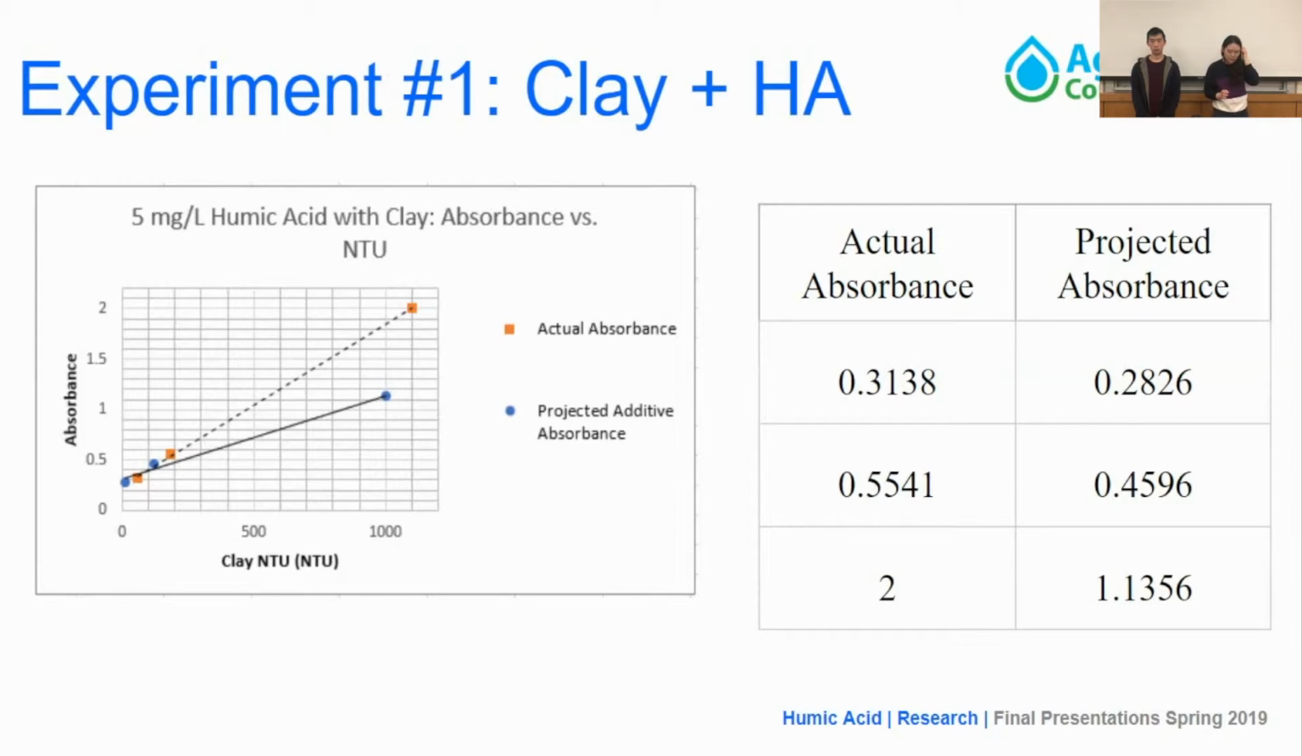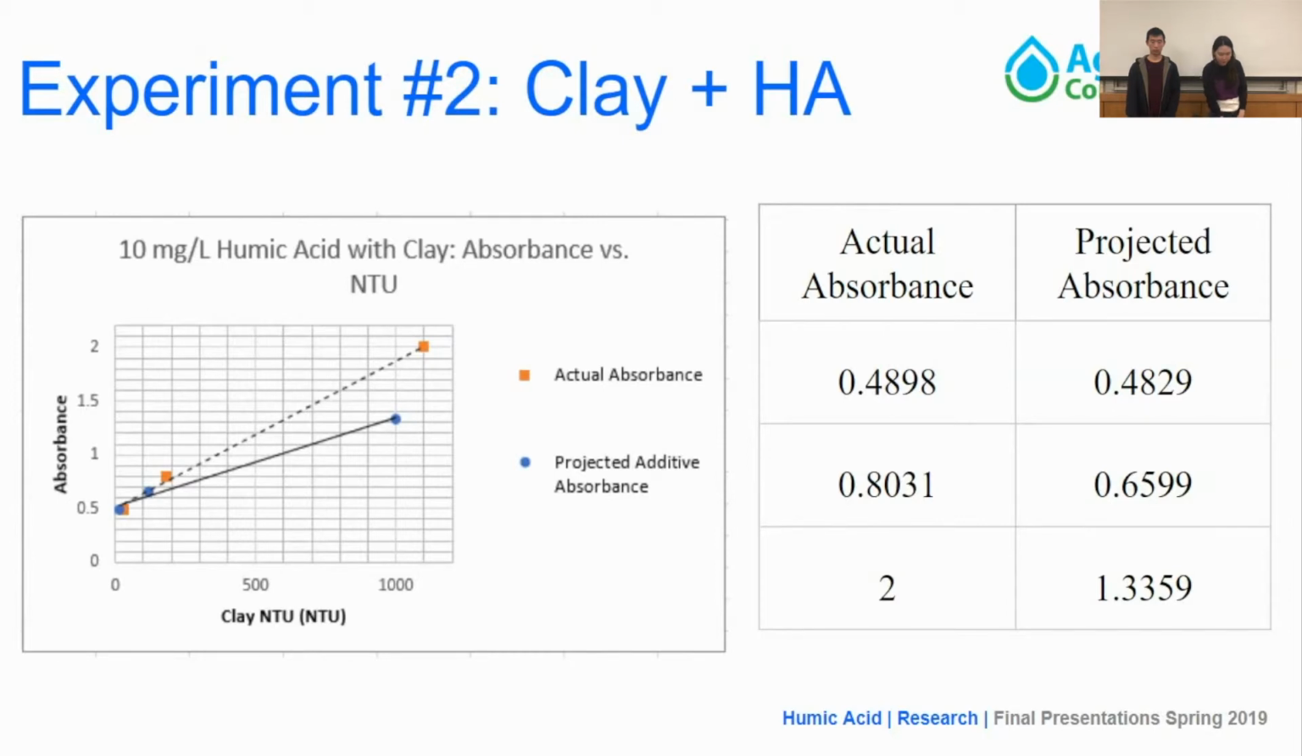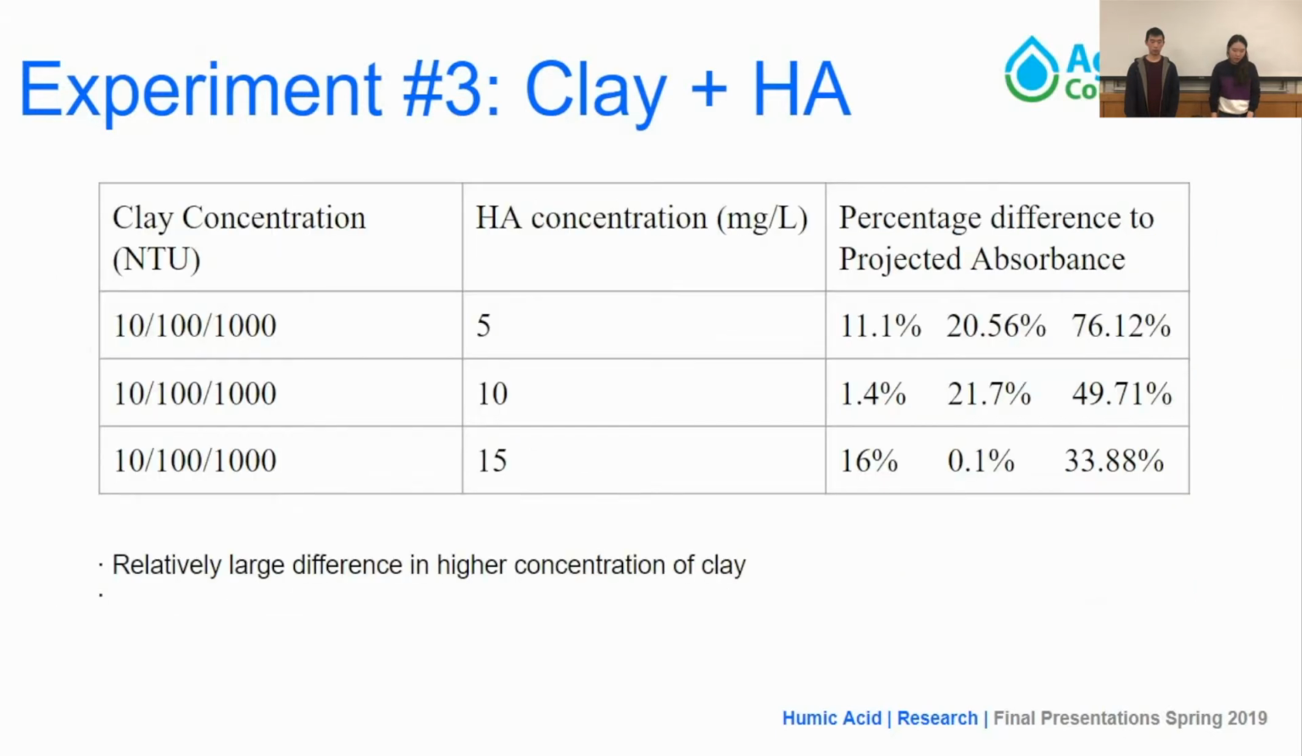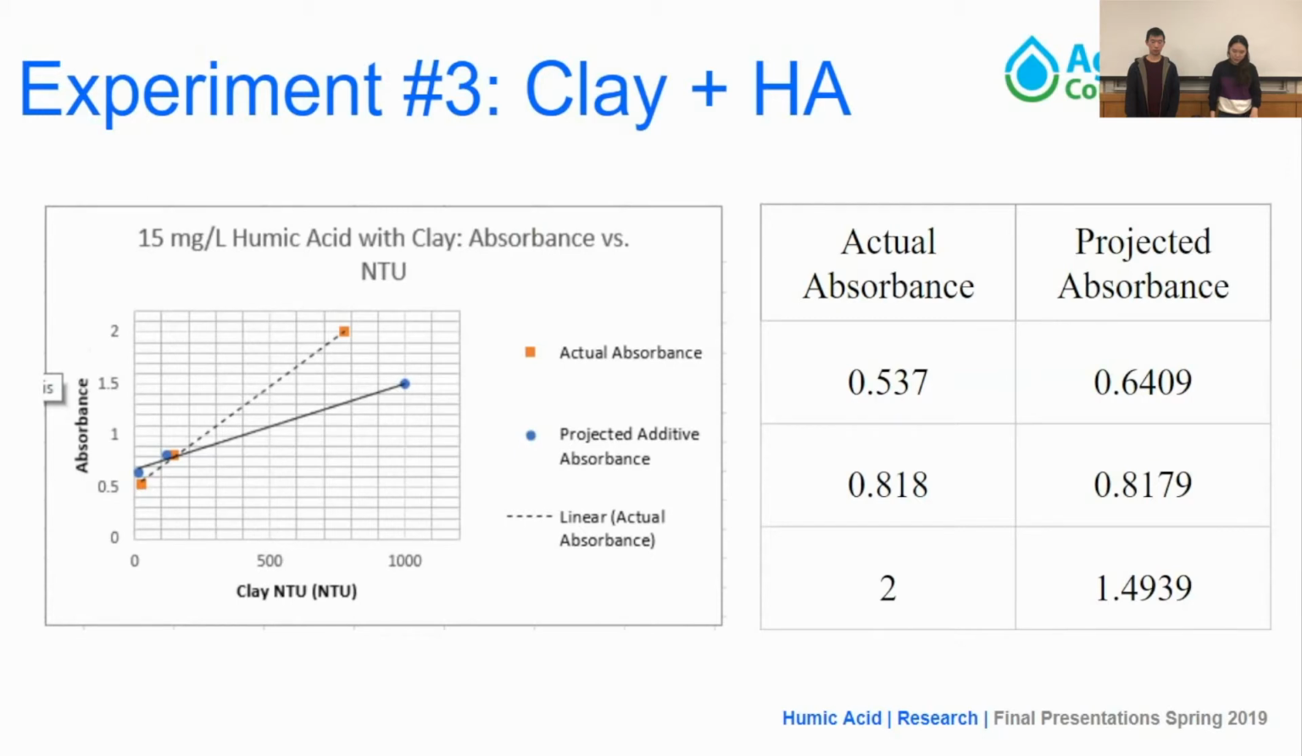So this is our experiment number 1 with 5 milligrams per liter humic acid and different concentrations of clay at 10 NTU, 100 NTU, and 1000 NTU. And then this is our second, which is at 10 milligrams per liter, and then our third at 15 milligrams per liter. So as you can see on all of these 3, for the last row, the actual absorbance was